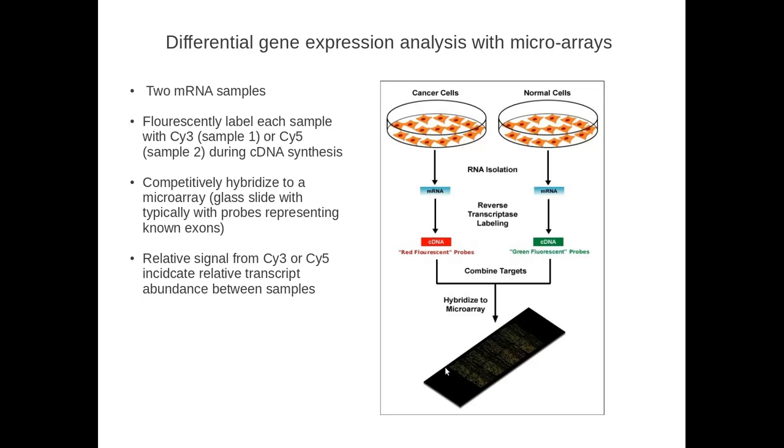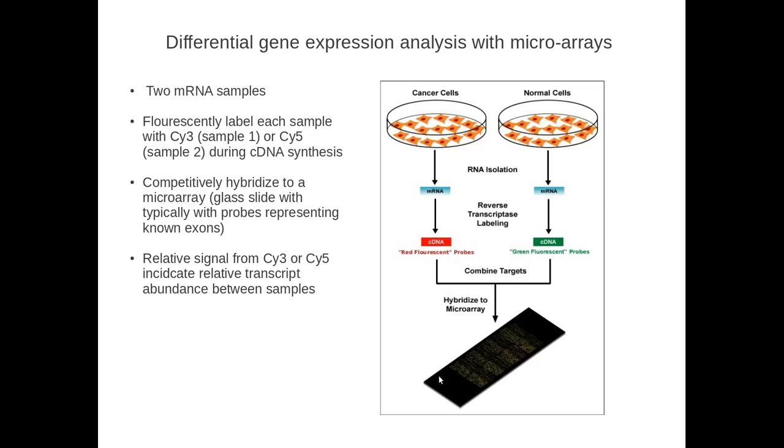A microarray is just a glass slide that has individual little spots that contain tens of thousands of probes representing a single short DNA sequence. So each spot is a clone of itself, where you have many probes that represent the exact same DNA sequence. We then competitively hybridize the Cy3 and Cy5